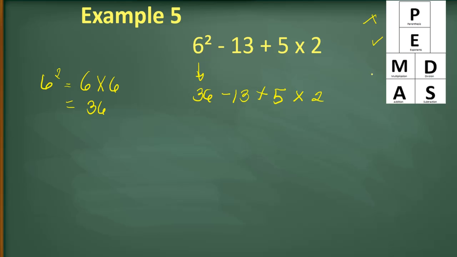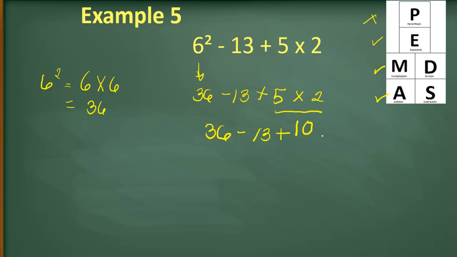For the third step, we have multiplication and division as they occur from left to right. So do we have multiplication or division? Yes, we have multiplication. So we have 5 times 2. 5 times 2 is equals to 10. Then we bring down the rest. 36 minus 13 plus 10. So we will now proceed to the last step, which is addition and subtraction as they occur from